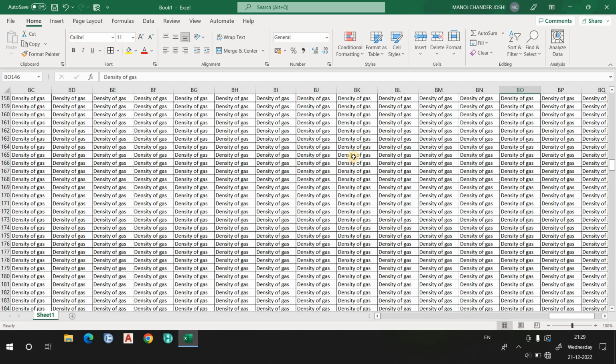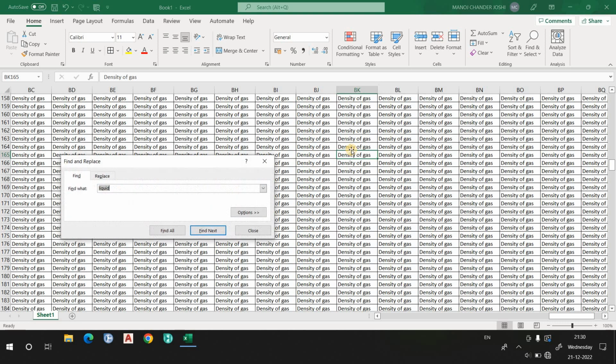You can do the same for a single cell. Let's suppose I select the cell BK165 and press Control plus F. Now I want to replace. Find what: gas. Replace with: let's suppose I write the name James.